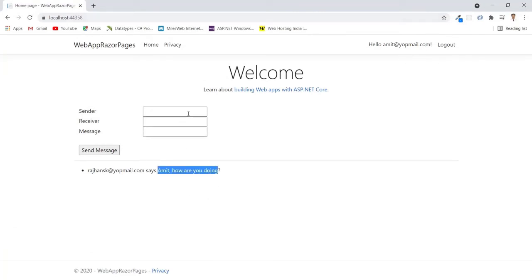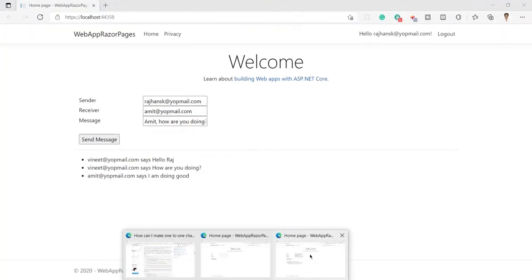Okay, and if Amit wants to reply, then first here I need to put it as sender, and in the receiver I will put it here, and in the reply I will say this, and I will click on send, and you can see the message has reached here.